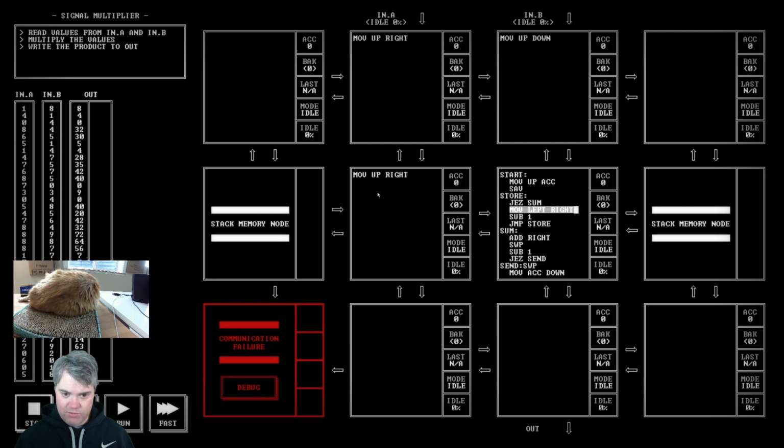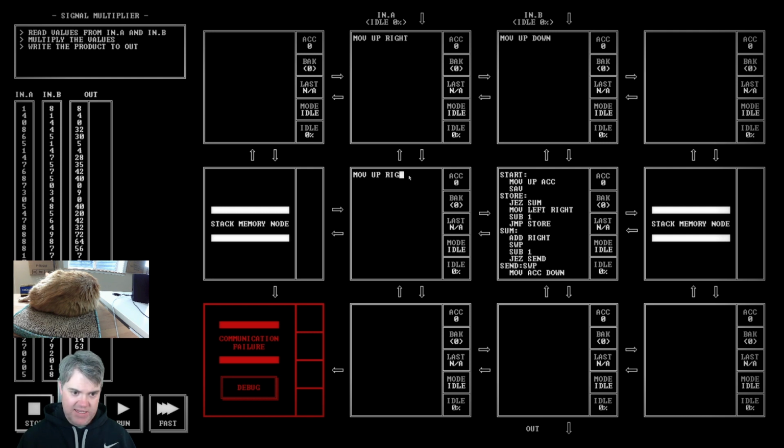Okay, so you come in here. You are 1. So we move 1 into the stack. And then I want to subtract 1. So now we have 7 in here. And then we jump back to store. So back to here again. Hey, are you equal to 0? No, I have 7. So move left to right,